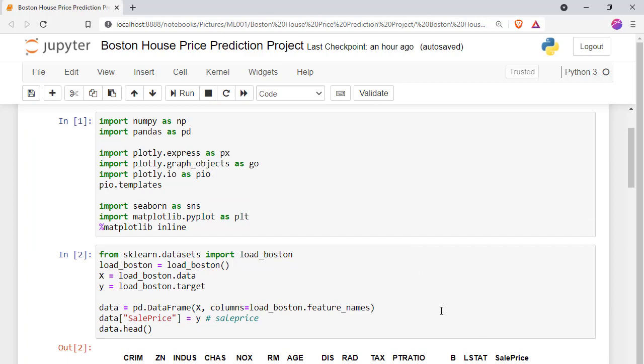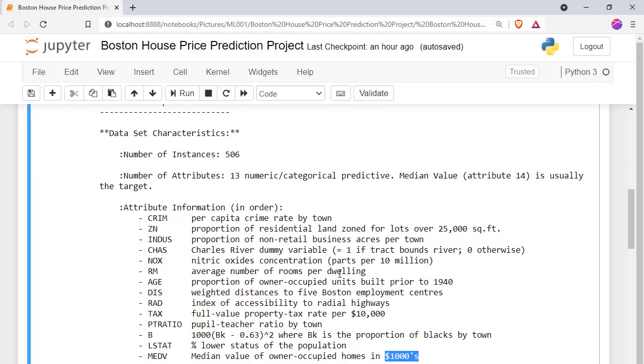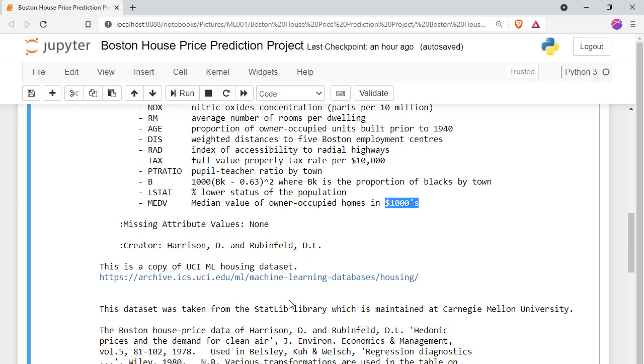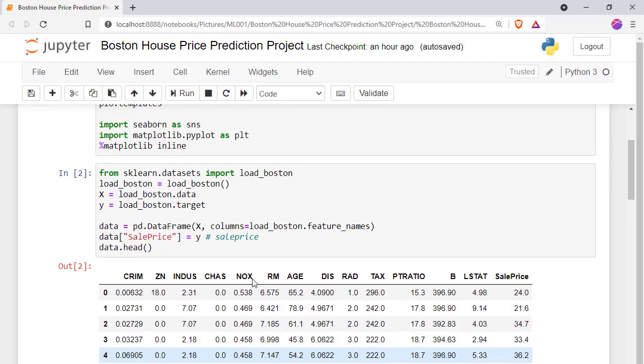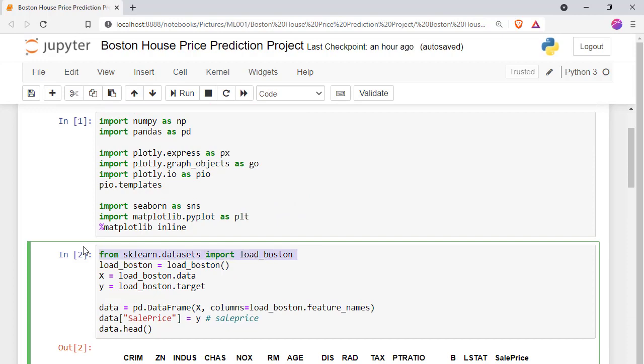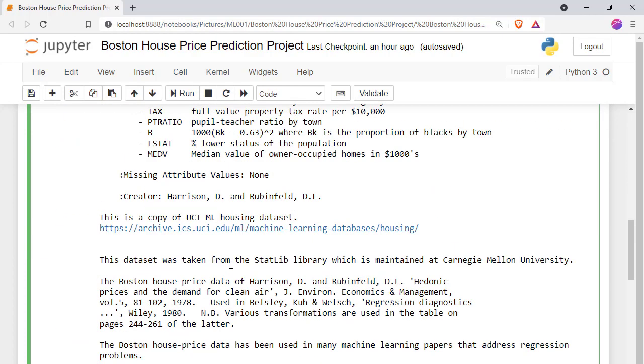So $24,000, $1,000. Now your dream has gone out, I think so. Okay, so you can read it over here. Just use .DESCR because it is available in scikit-learn, so you have this kind of thing to see the information about